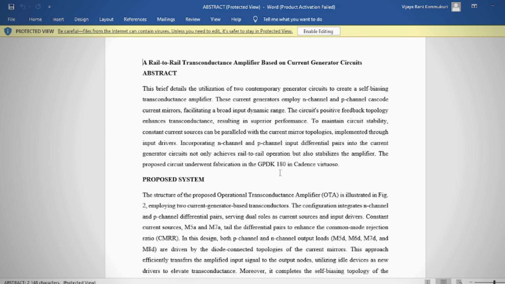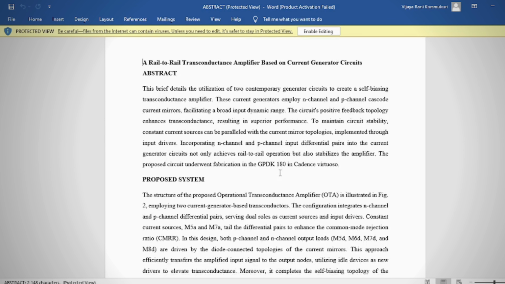Results. Open S-Edit, launch S-Edit, and open your circuit schematic. Set up transient analysis. In the schematic editor, click on the simulation setup icon or navigate to simulation setup. Select transient analysis in the setup dialog. Specify the start time, usually 2000, and the stop time, the duration for the simulation.